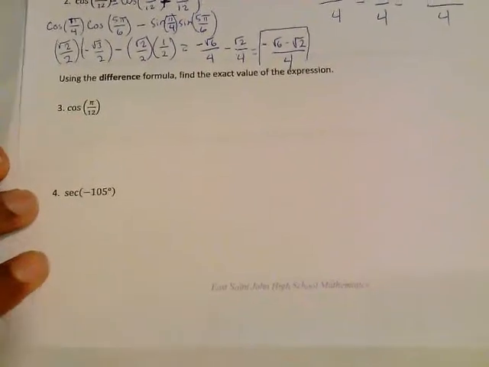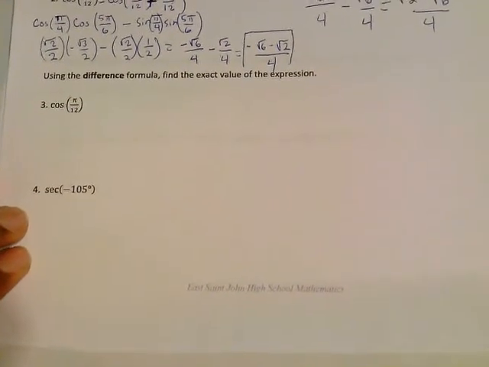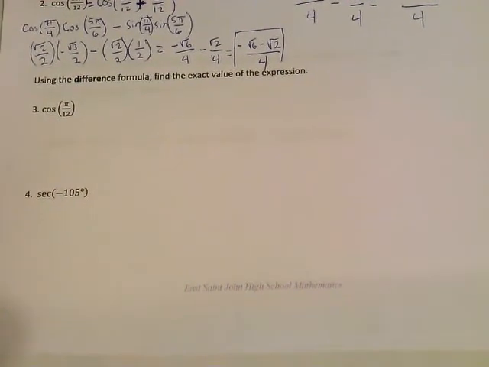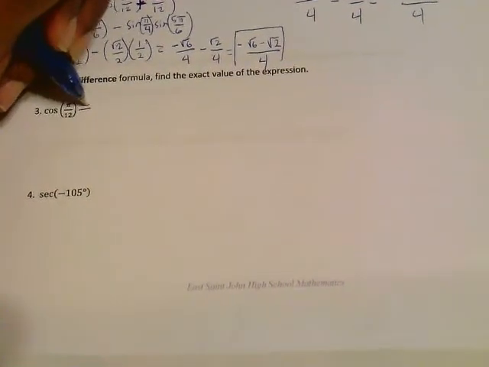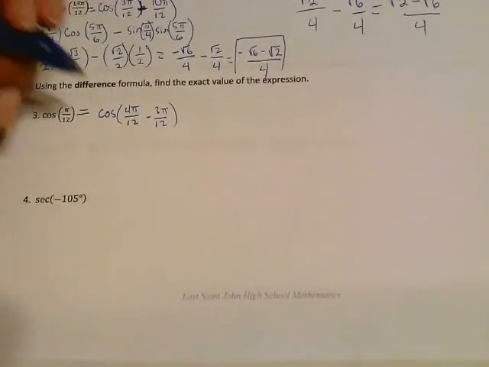Now we're going to use the difference formula. So this time, instead of using the sum formula, we're just going up to the difference formula, and it's still there at the top of your page. So cosine of pi over 12, you can change that into a difference. That's going to equal the same as cosine of 4 pi over 12 minus 3 pi over 12. So that will give you